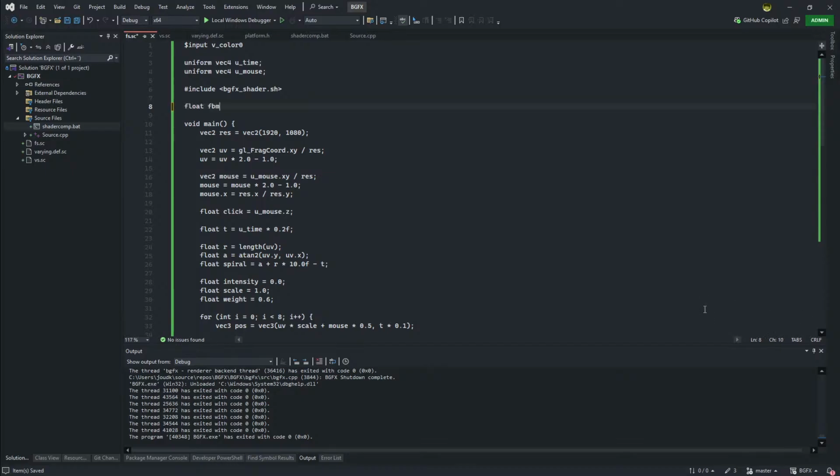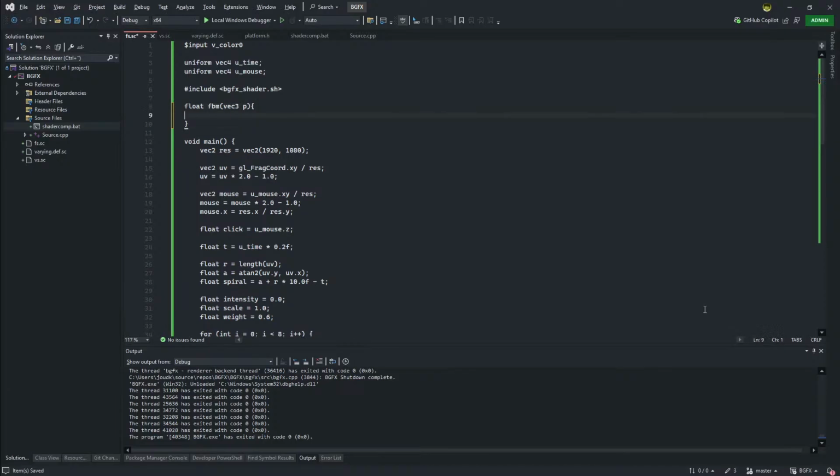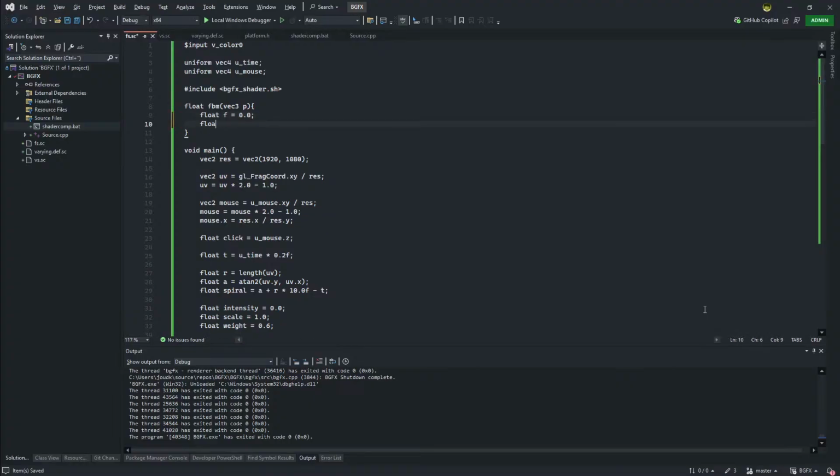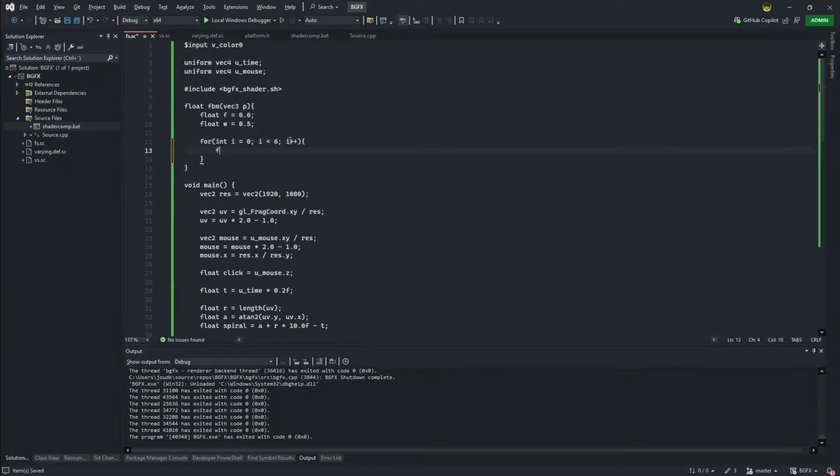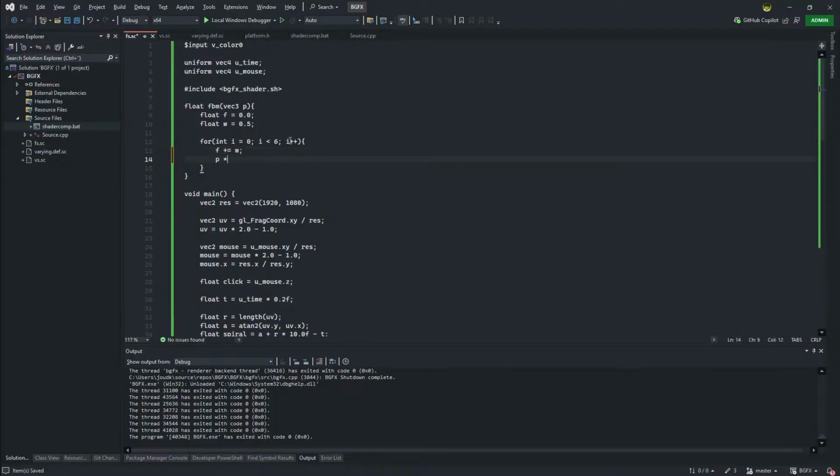Float FBM, take vec3 p and take float f equals 0.0, float w 0.5, for integer i equal 0, i less than 6, i plus plus, say f plus equal w, p times equal